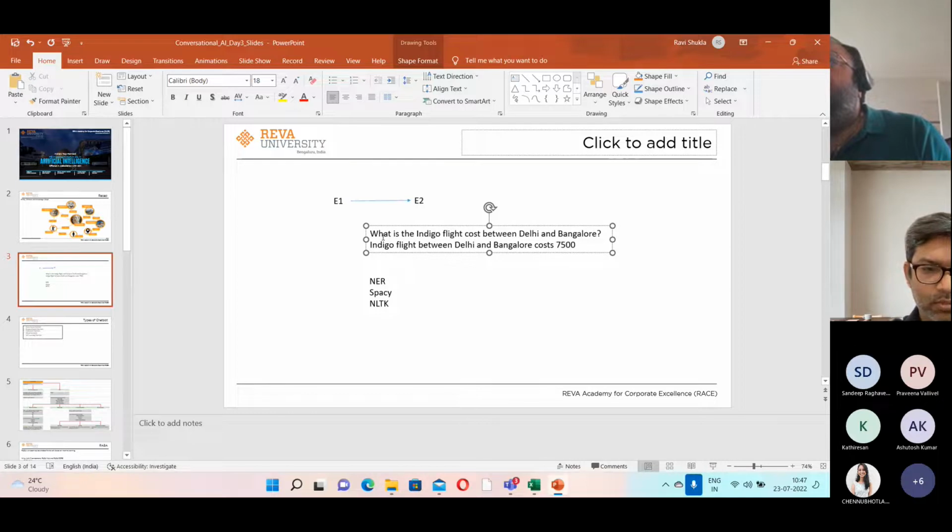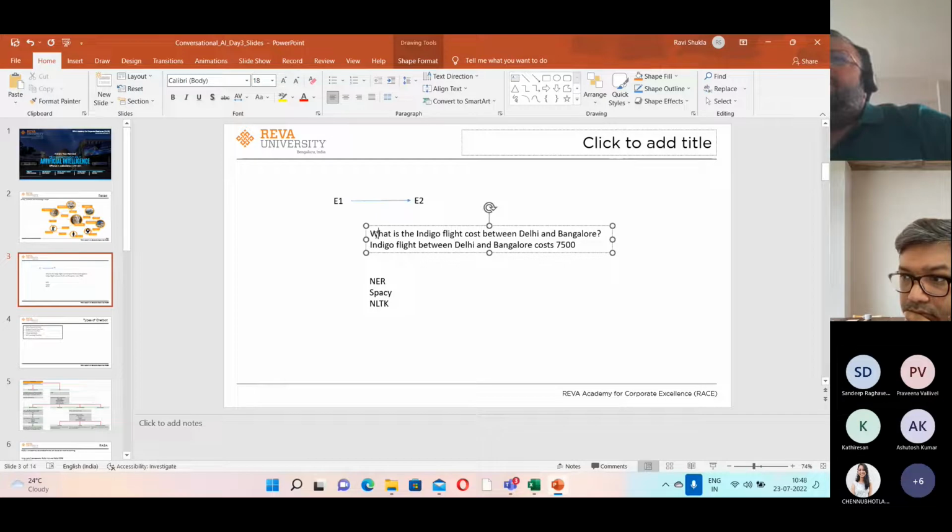This is, of course, not simple. You are identifying entities and creating a graph. There are tools for it as well. I will show some tools to the class today, not demo them, but show them. Please explore them on your own. There are YouTube videos guiding you on how to do that. Entity relationships can be done using those tools, but I would encourage you to first do it with Python. You will pick up a lot of learnings there.